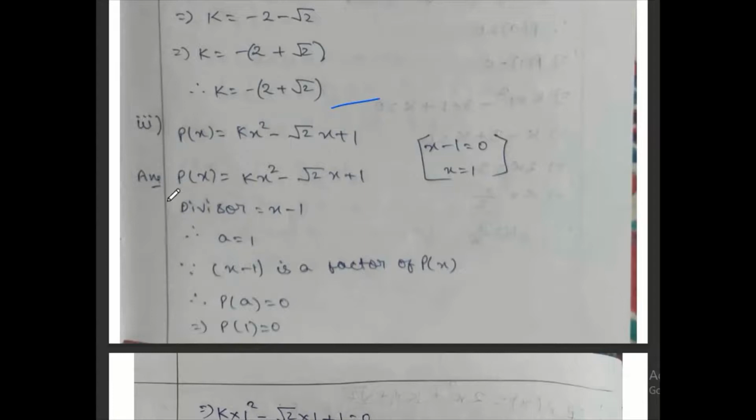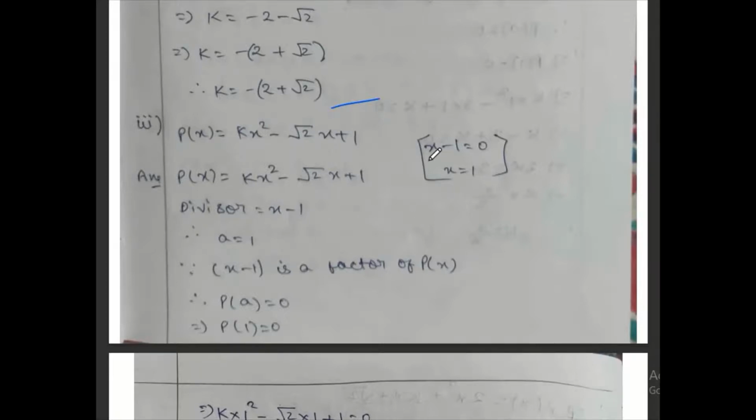Now the same question, another third one. The polynomial changes but the divisor is the same. For every question the polynomial is changing but the divisor is the same. This time your polynomial is this. A equals 1, same as it is. For every question I have done the rough work. How to get the value of a?